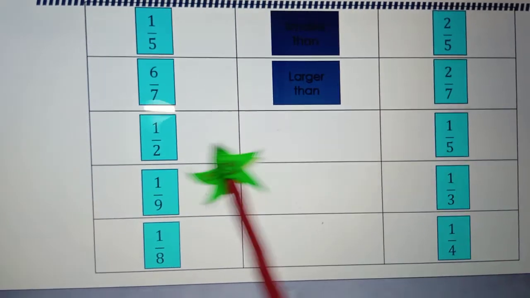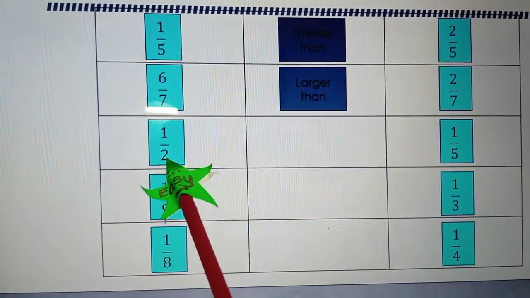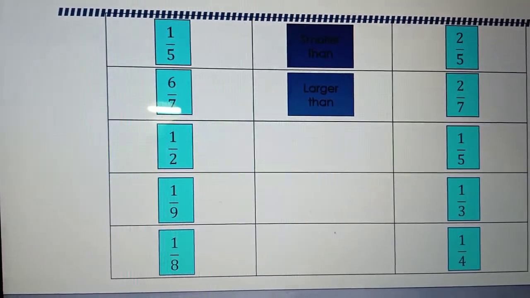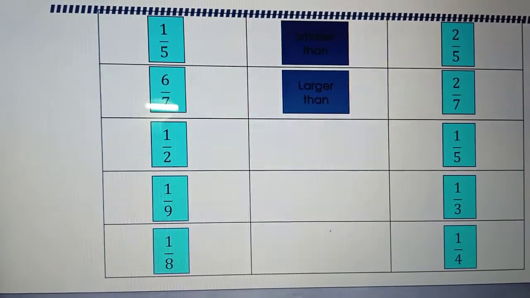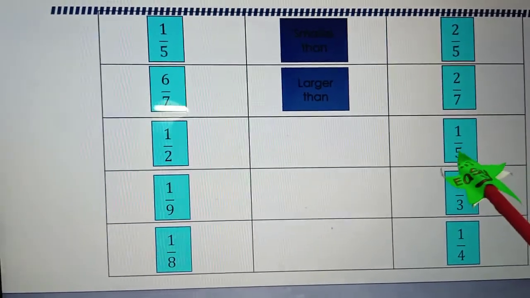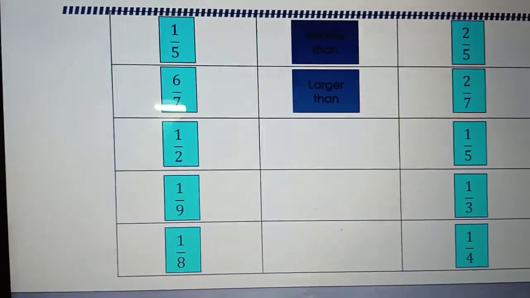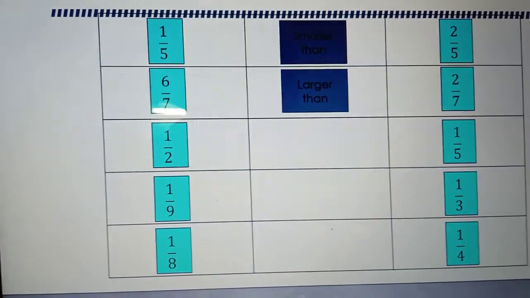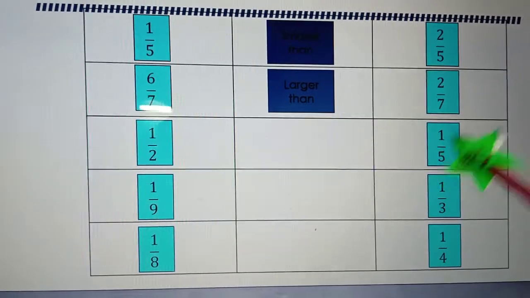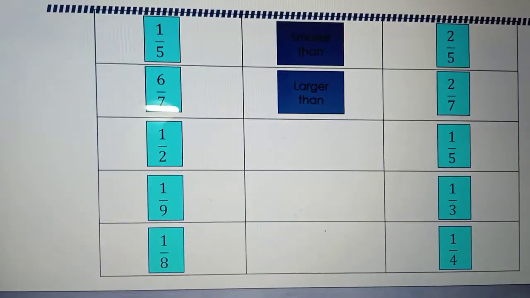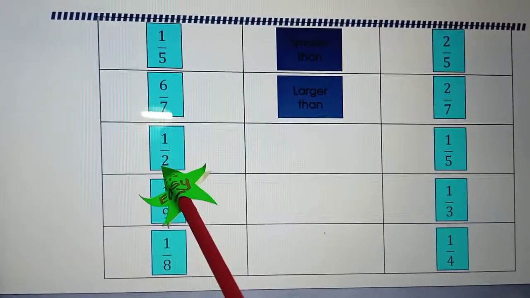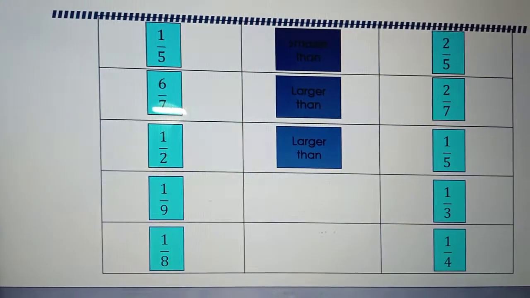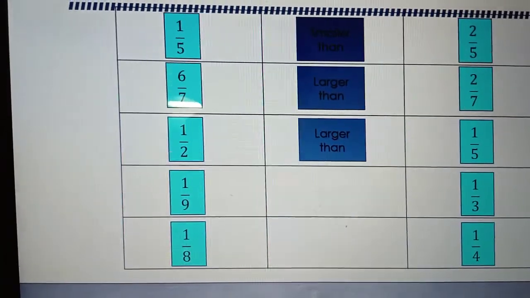Okay, when it comes here, denominator 2, denominator 5. With 2, we only cut the apple into 2 pieces. Just now teacher told you, isn't it? When we cut 2 pieces, the one piece will be bigger. This one we cut and cut and cut again into 5 pieces. So one piece out of the 5 pieces will become smaller, right? So is 1 over 2 larger or smaller than 1 over 5? Larger, right? Imagine.